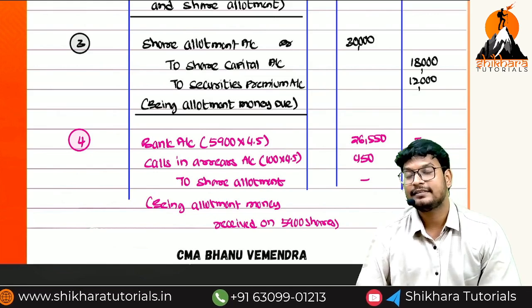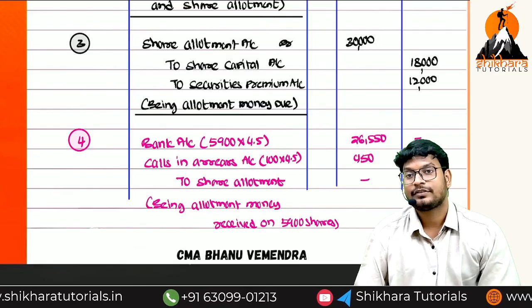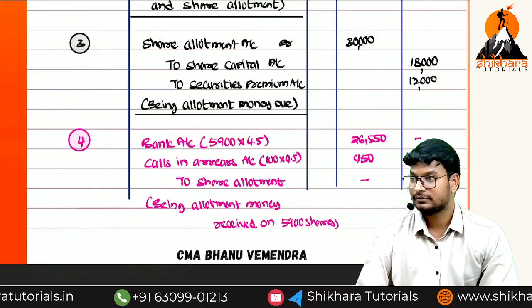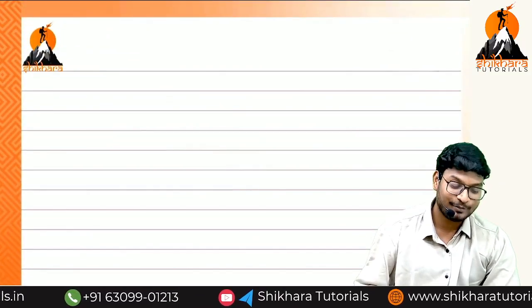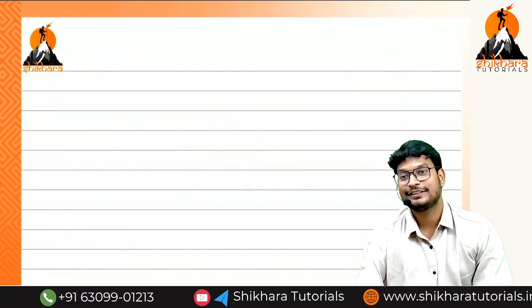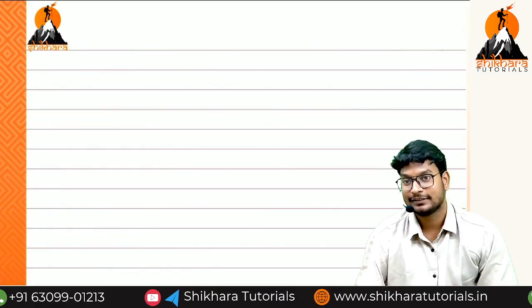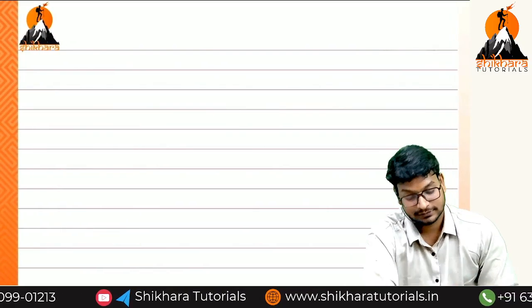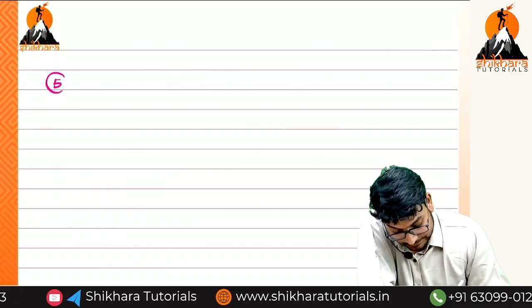We are forfeiting in this situation now. We are forfeiting after first call, 100. After second call, 200. You have to remember the information until the completion of this question. That is the only important task. You know how to write the entries, but here the mistake will be in the amounts. Which question? Fifth one.